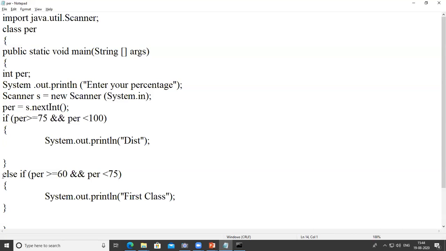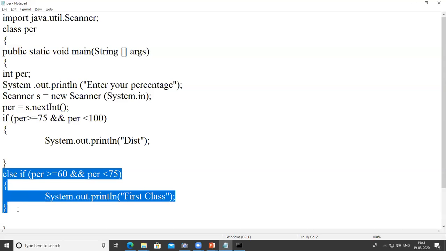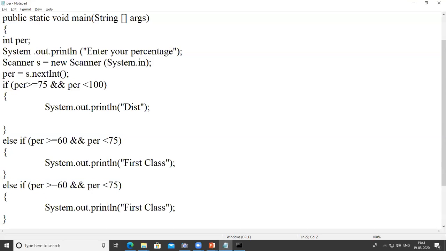Again we write the else if, just copy and paste. Here now percentage is greater than 50 and less than 60, then "second class".